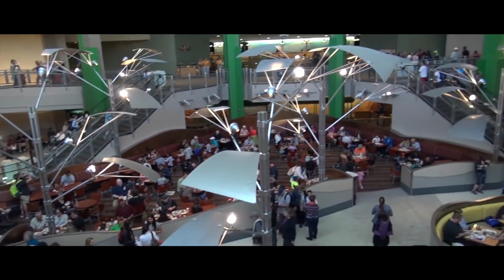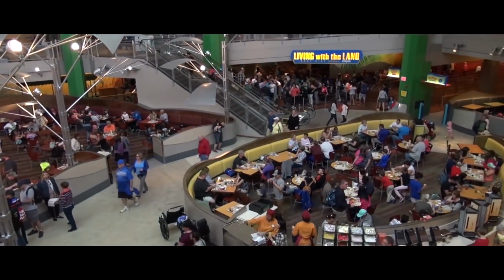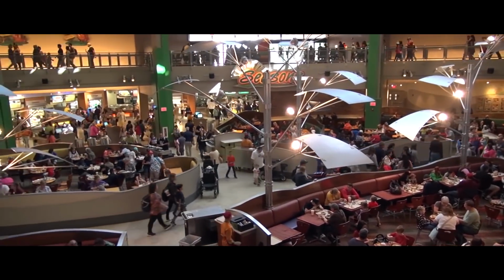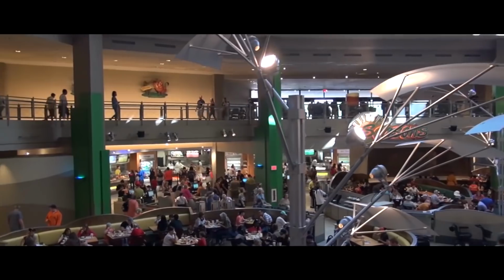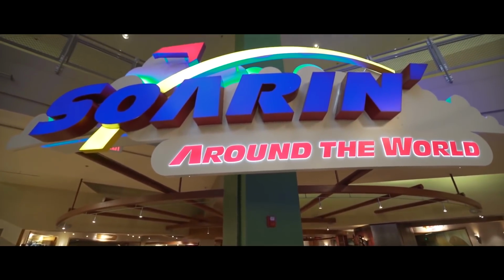Besides Soarin', the Land Pavilion actually offers 2 restaurants, 1 table service that actually spins, and 1 quick service. Also, there's Living with the Land, a nice ride, and a movie with Timon and Pumbaa about saving the Earth, but I still don't yet see that. Anyway, we head down the escalators and we go into Soarin' Around the World, a great ride where you sit